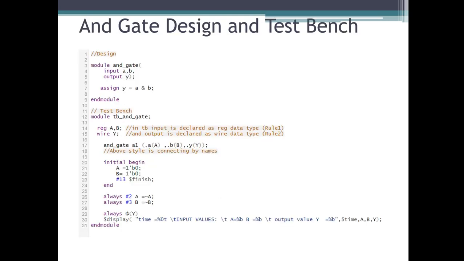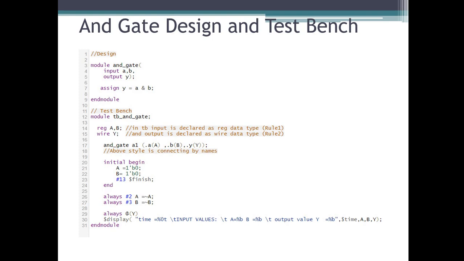So let's take an example of AND gate. Yes, I had discussed this part in my first video also. So I'm going to discuss it once again. If you are watching this video for the first time, that will be good for you, like how you can write your designs and how you can write your test bench part. So I'm not going to discuss this design part because in the previous video, the introduction, what was my previous video?